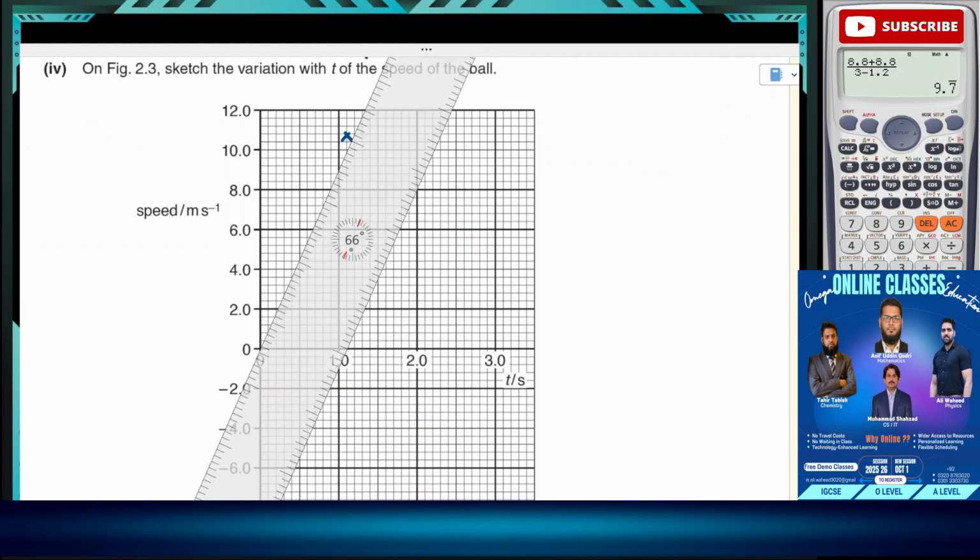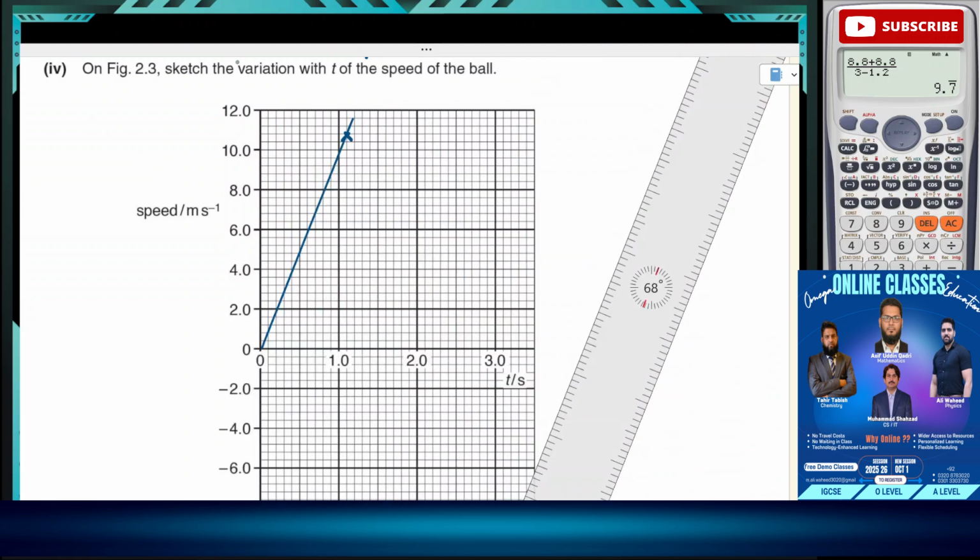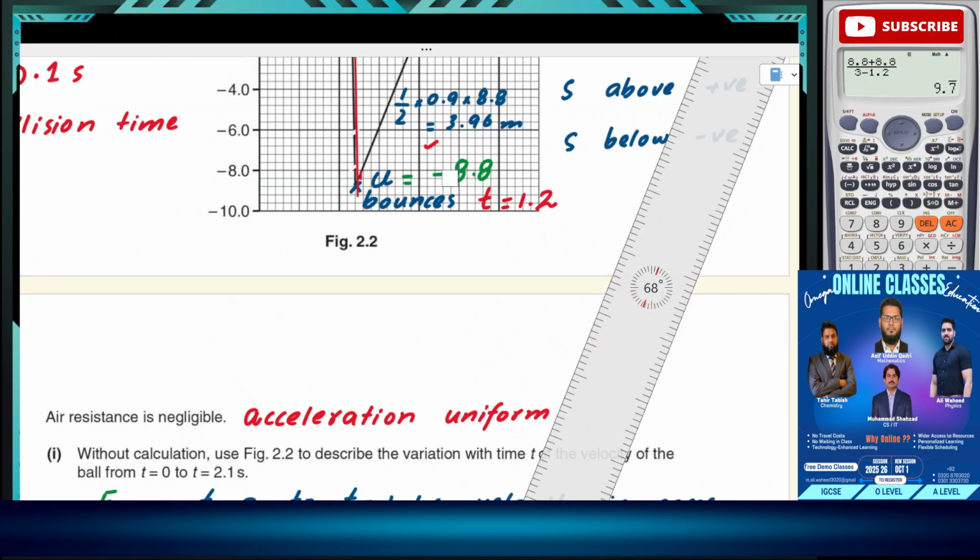So this part of the graph is exactly the same. We have to extend it only till 10.8. Afterwards,